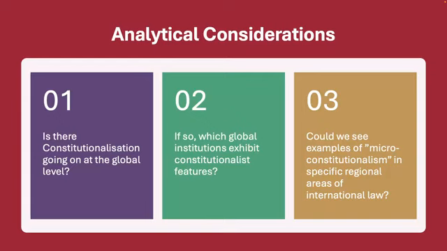But fundamentally, the descriptive analytical question then is asking which global institutions, which regimes, which norms exhibit constitutionalist features. Does the WTO exhibit constitutionalist features? Does the EU or human rights systems exhibit constitutional features? I'll get to why I use these examples in a second, but the next question, or the first question, as